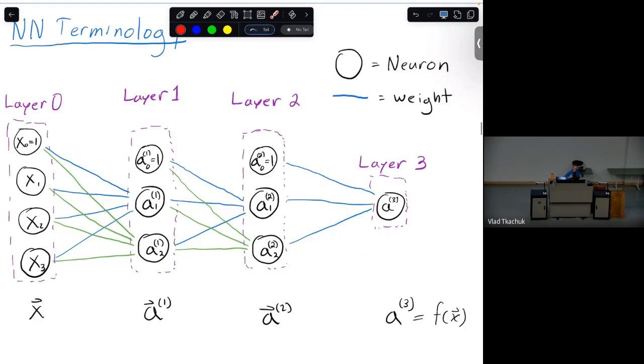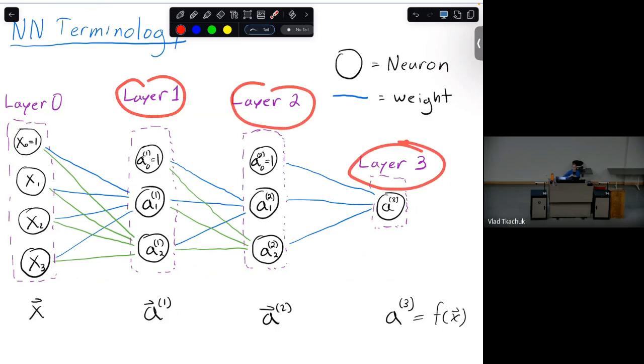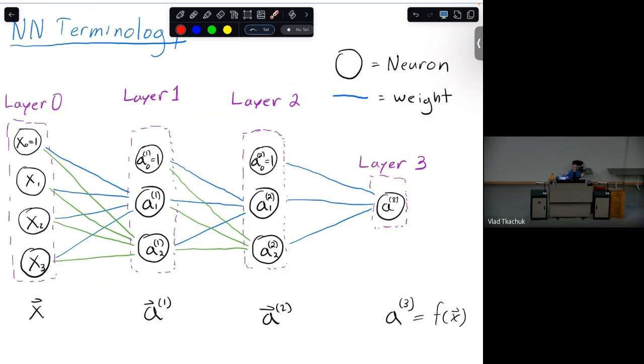So I've already said some of these things, but if we look at the neural network I originally presented, I'm going to slowly introduce the math and the terminology through this lecture. What we call each one of these vertical things is a layer. So this is called layer 0. This is your input. This is layer 1, 2, 3. You can have as many layers as you want. That's just a different neural network, and that's going to be something we're going to see in a second called the neural network architecture. So the number of layers is a different neural network architecture. In each layer, you can have a different amount of these neurons, and we're going to talk about that in a bit. But yeah, so here you would have 3 of these things called neurons.